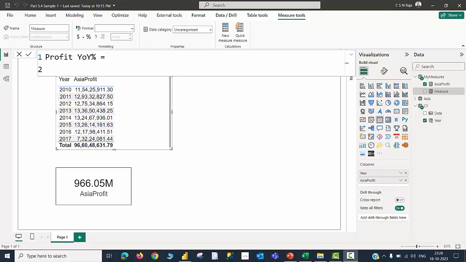For example, 2010 we have a profit value, 2011 we have a profit value, and so on. Whereas I'm now interested to find out what is the profit for a previous year, in case I am talking about the current year 2017, the previous year is 2016. For that purpose, I am going to create a measure which I call profit year over year percentage. I am going to declare a variable called profit previous year equals,